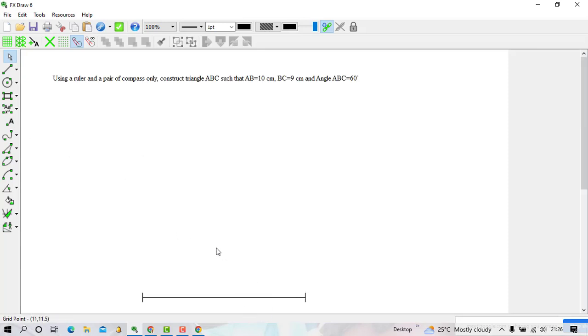So if I have this point B, which is the end on the right hand side, I need to draw there an angle of 60 degrees. I'll go to the option of the line, then 60 degrees, I know that it will be inside like this. It will not be like this, because on this other side it will be greater than 60 degrees, so it will be on this other end.